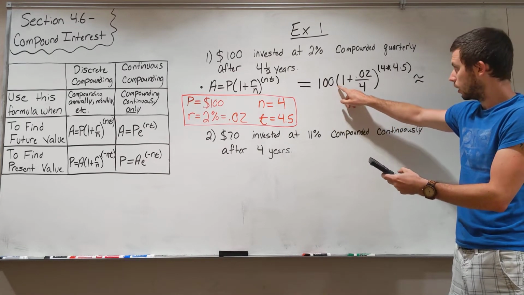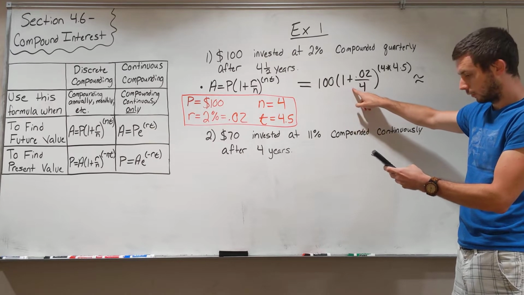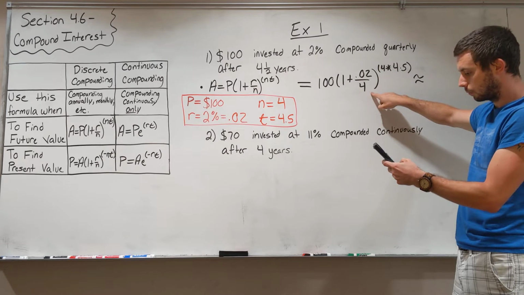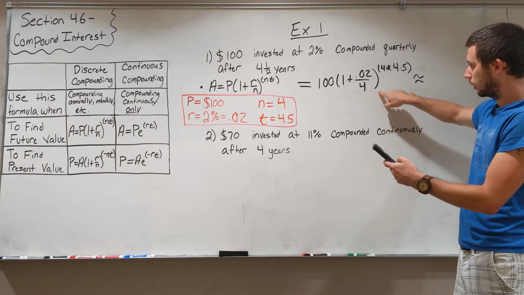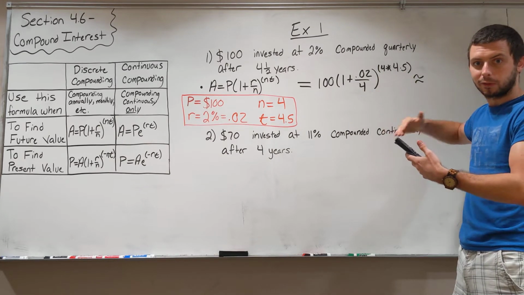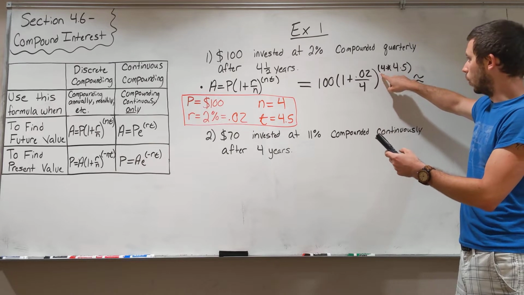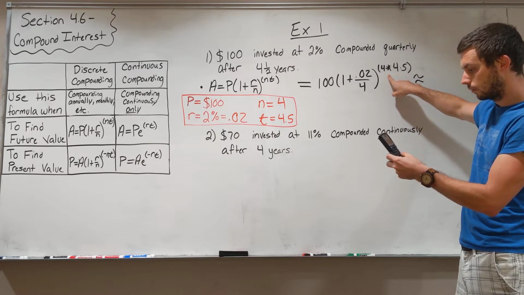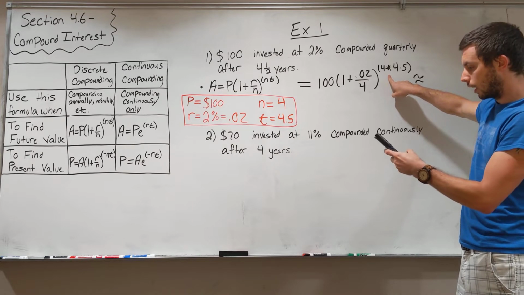So 100, parentheses, 1 plus 0.02 divided by 4, close parentheses, use the caret for the exponent, open parentheses, 4 times 4.5, and I get